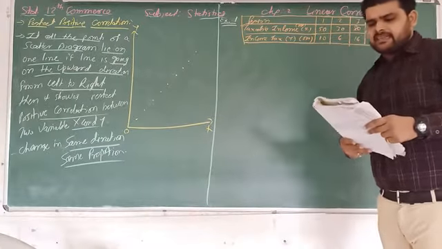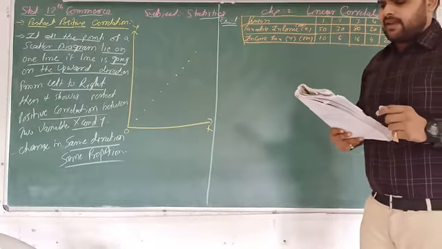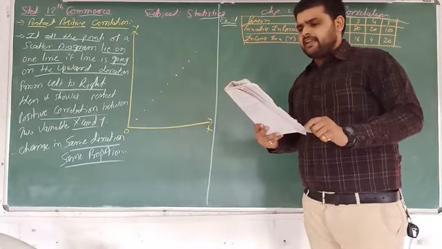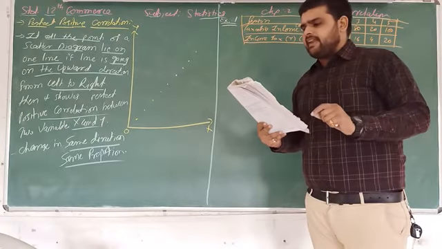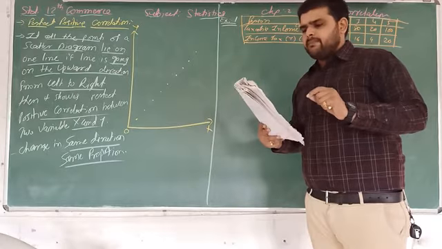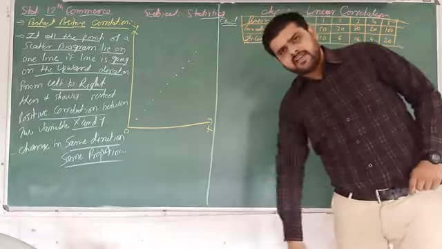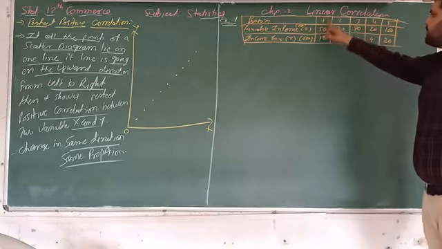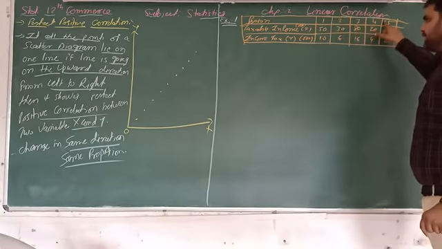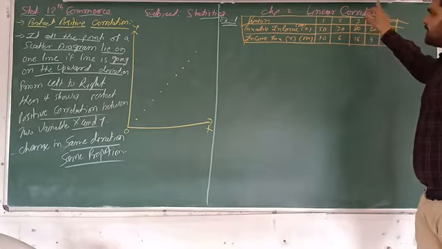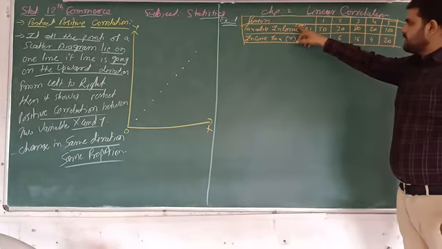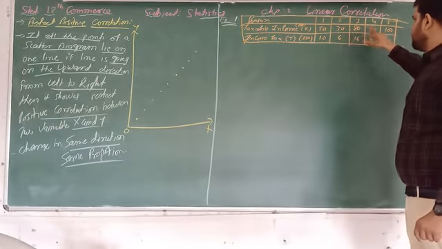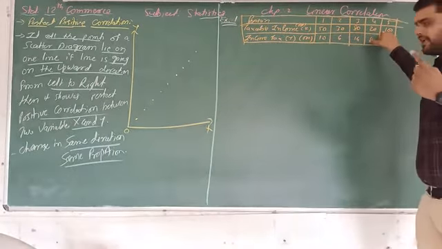After the standard deduction from total income, 20% income tax is imposed on the remaining income. The information regarding taxable income and tax to be paid is given as below. Here five persons are given, person number 1, 2, 3, 4, and 5. In the second column, taxable income is given in thousands: 50,000, 30,000, 80,000, 20,000, and 100, which means 1 lakh.